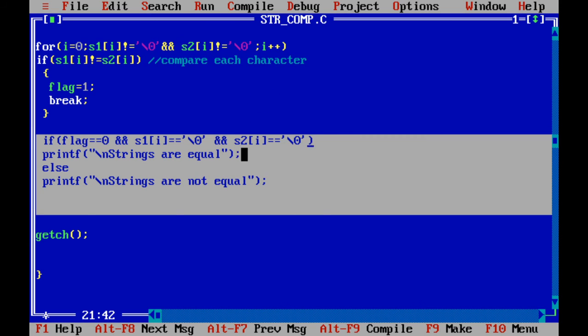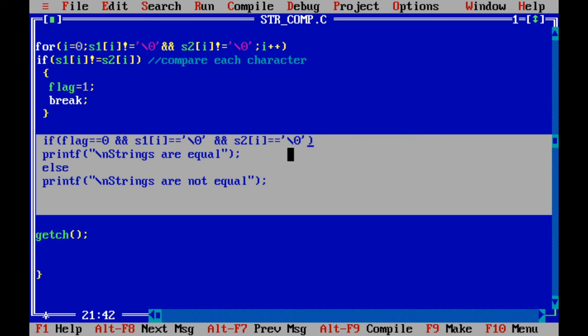So due to the last condition, this whole statement will become false and the program will execute the else part, that is, strings are not equal. Even though flag is 0 and S1 of I is null, the third condition is not satisfied because S2 of I is not null. Four characters are still left.